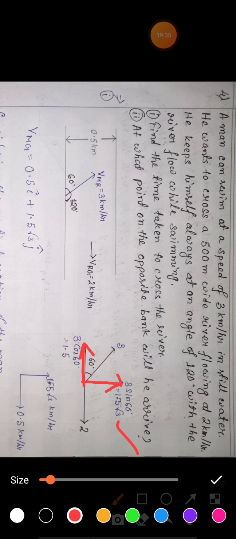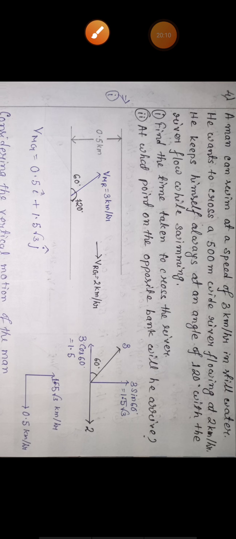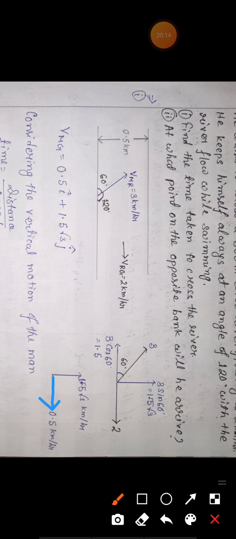The man has another velocity component, that is 2, in the positive x direction. So tell me, ultimately in which direction will the man move? The horizontal components partly cancel each other: in the positive x axis you have velocity 2, but in the negative x axis you have 1.5. So the net velocity in the x direction is positive, 2 minus 1.5 equals 0.5. So the man has two velocity components: 0.5 km per hour in the positive x direction,